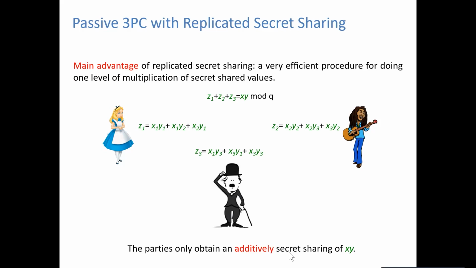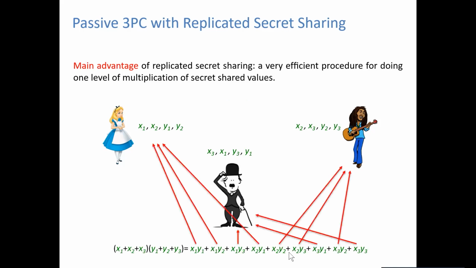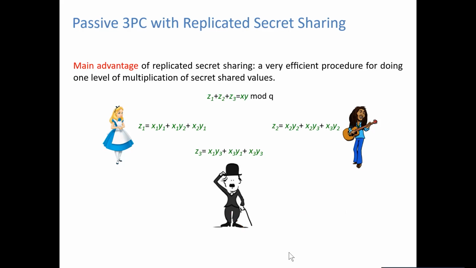I mean, the multiplication result will be the Z here that you're computing. If you look at the multiplication here, if you want to multiply X and Y, the term that you need to compute is this one in the lower side here, right? And this will consist of 9 terms, and for every one of these 9 terms, there will be one party that can compute the term locally. So they do the computation in this way: 3 of the terms will be computed by Alice locally, the same by Bob, and Charlie.